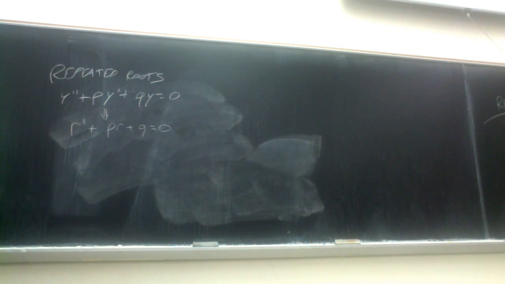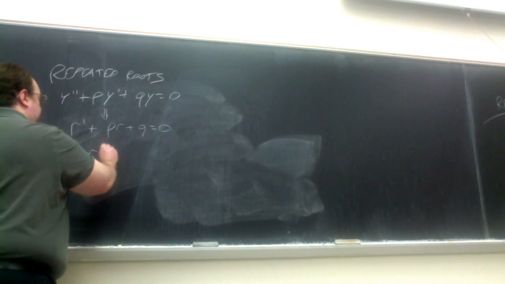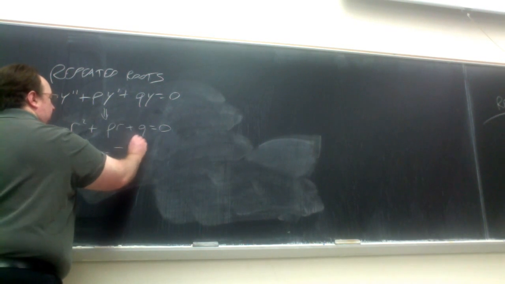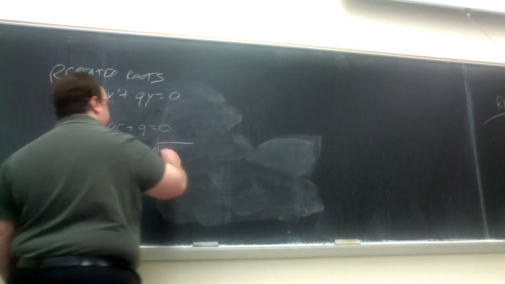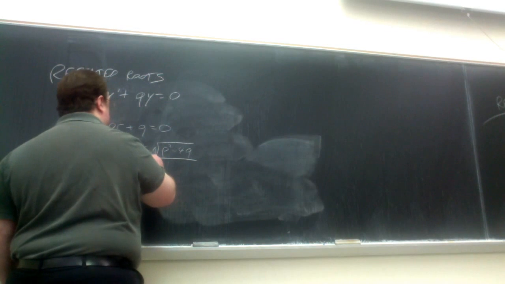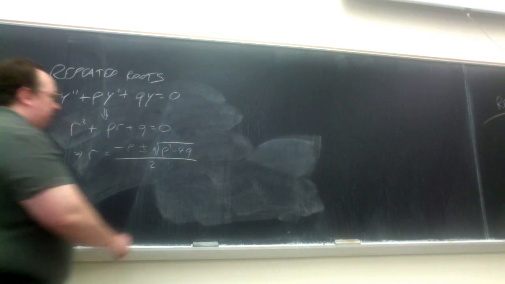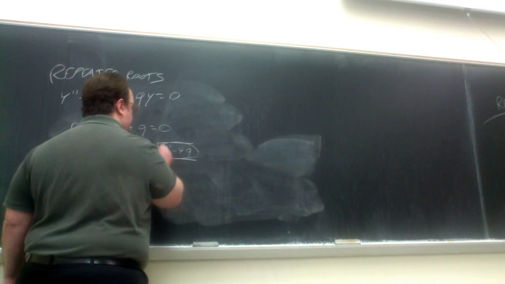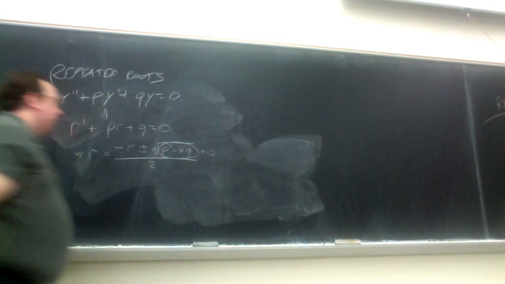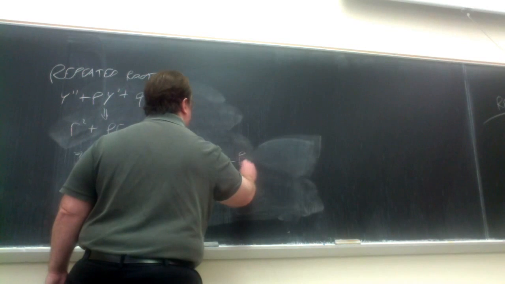And if you just apply your quadratic formula, r is minus p plus or minus the square root of p squared minus 4q, over 2. And we're interested in the case where this discriminant ends up being equal to 0. We've already covered cases where it's strictly positive and strictly negative before. So we get minus p over 2